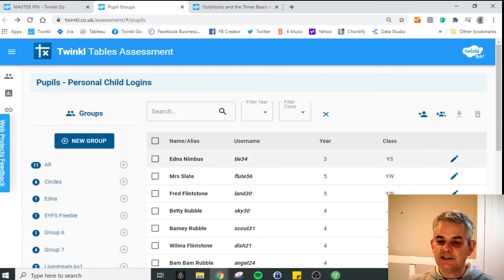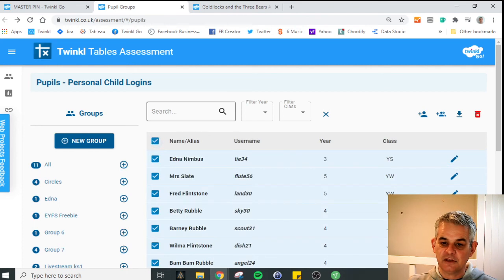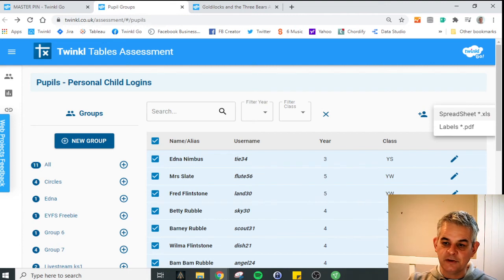Oh, if you want to download your list of names, then you just click that and click download, and then you can download that as a spreadsheet, so you get all the usernames, all the passwords, and you can also download it as labels as well. So you kind of get sticky labels that you can just pop in your books. One thing to bear in mind though is